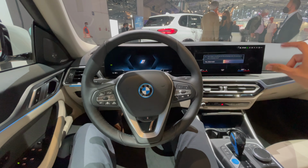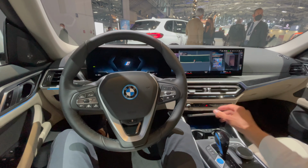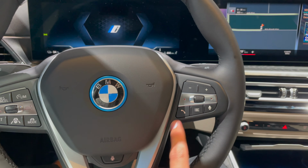It's a one piece, kind of curved and connected. Very good graphics on the bottom. It's a familiar BMW design with the volume, a little more minimalist, and a nice three-spoke steering wheel. If we come a little bit closer, we have the nice leather heated steering wheel, cruise control options, voice commands,